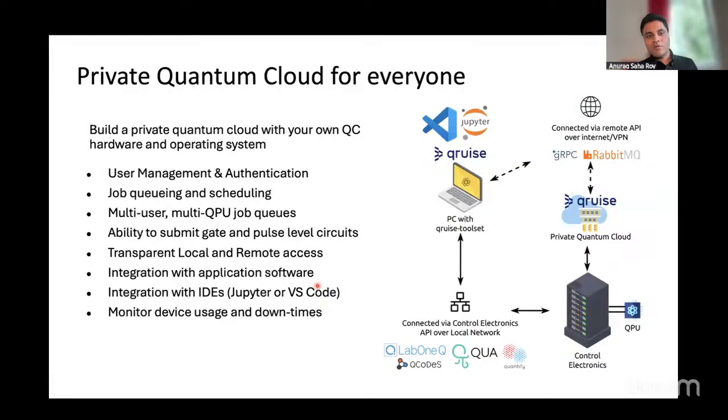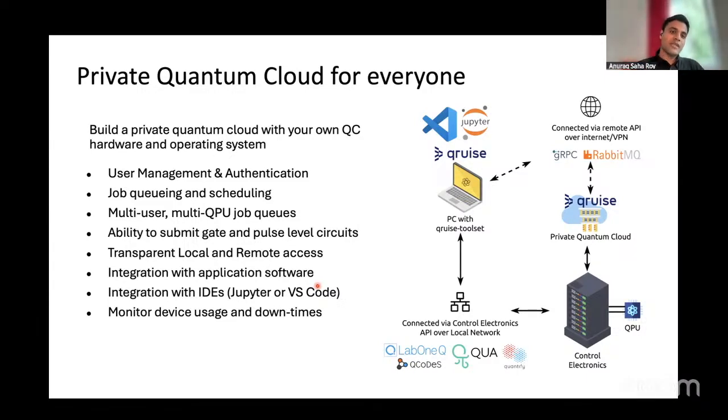So at the end of the day, what we want is a private quantum cloud. What that means is, if you have had some experience working on quantum computing hardware, it is most likely through accessing IBM's quantum computing chips in the cloud, or maybe something from AWS, because that's the current way to access quantum computers. In the coming years, as quantum computers grow from laboratory prototypes to production devices, we'll have a lot more quantum computers that are owned outside IBM or Google or AWS. So your universities will have a quantum computer for people to use as a shared device.